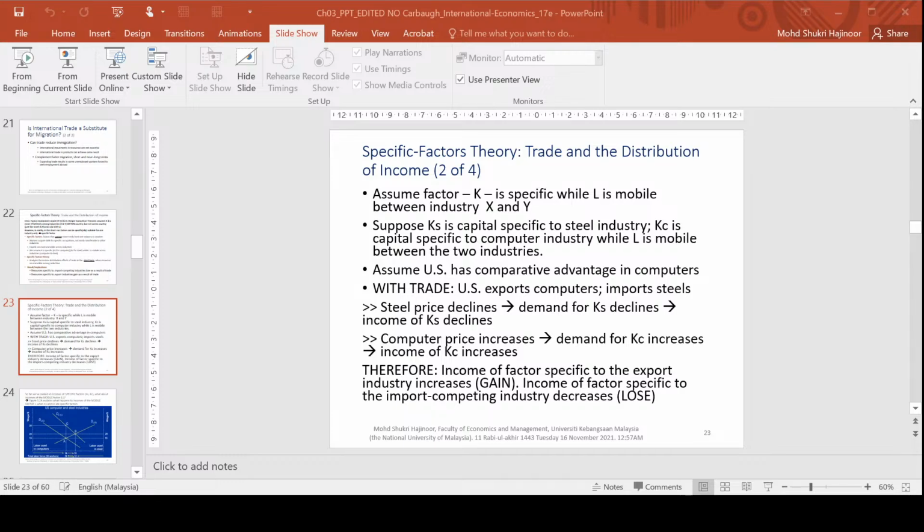Okay, so we'll go back to this, 14 and 16. So in the long run,